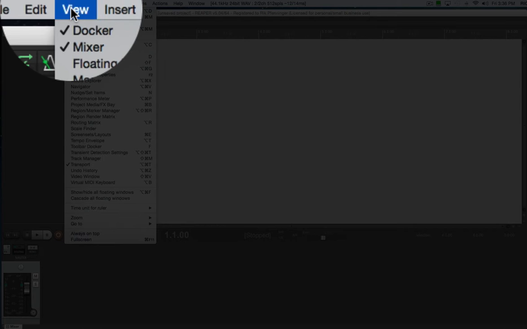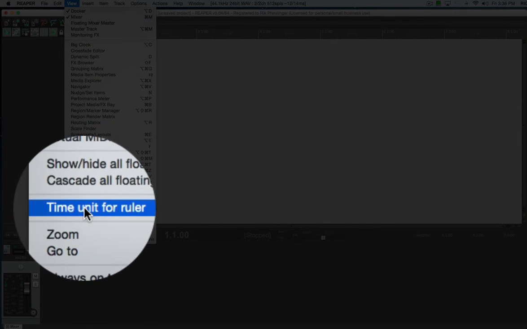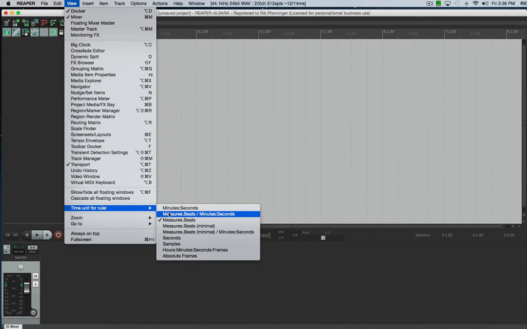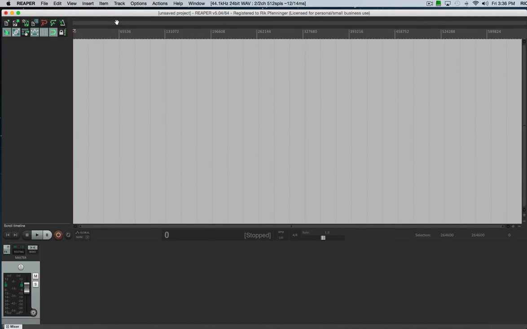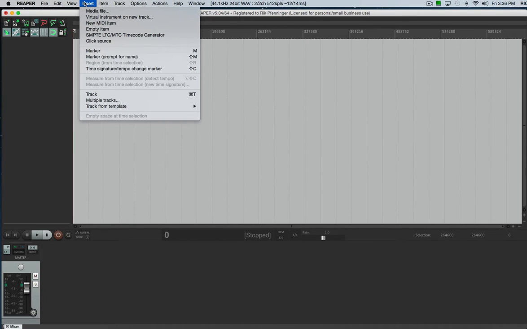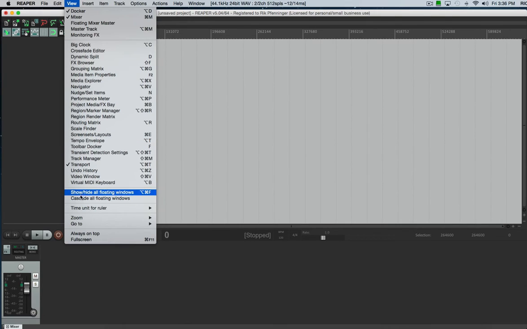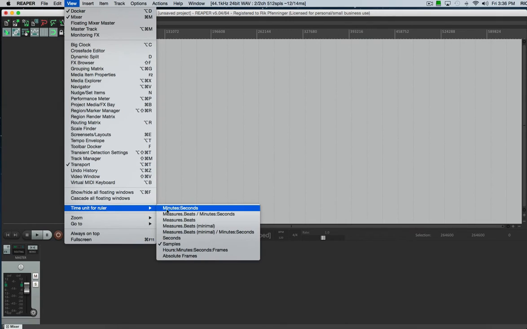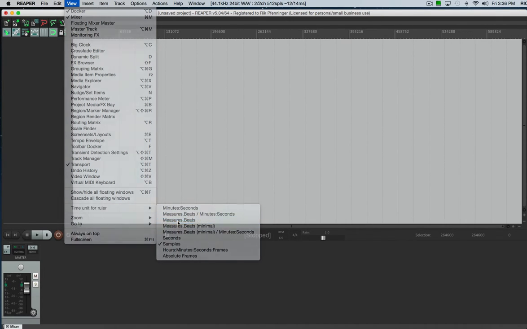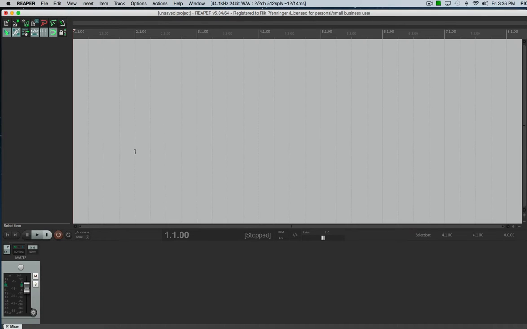And you go to the View pull-down menu across the top, and you're going to select Time Unit for Ruler, and in this case I'll set it for samples. And now this will make no sense, but I'm getting a samples timeline across the top. So I'll set that back. So I'll go to View and go to, where is it? Time Unit for Ruler, and I'm going to select Measures and Beats again. Now, and again, once we start working with looping and everything else, it'll make more sense as far as changing